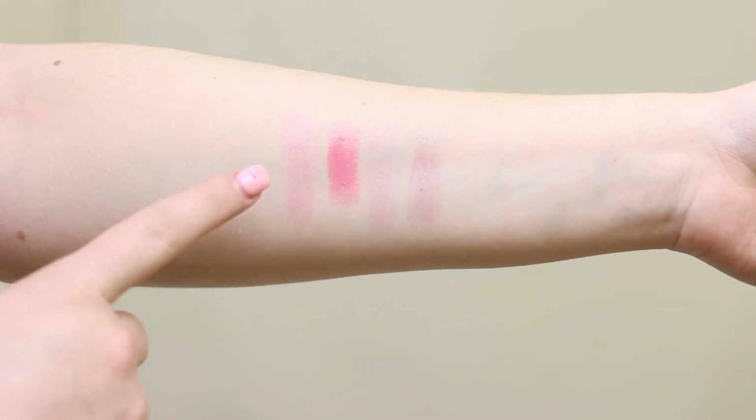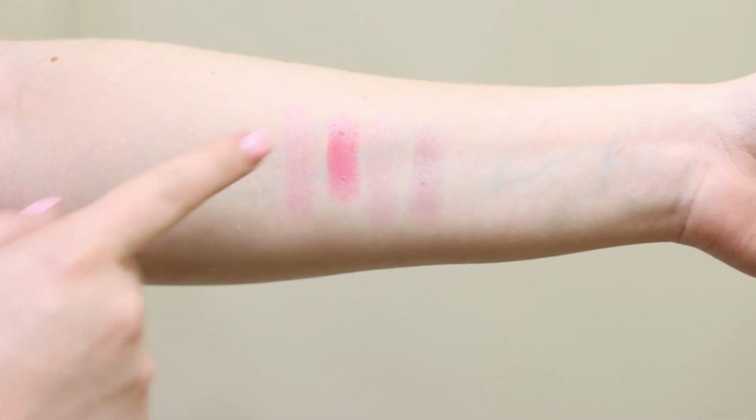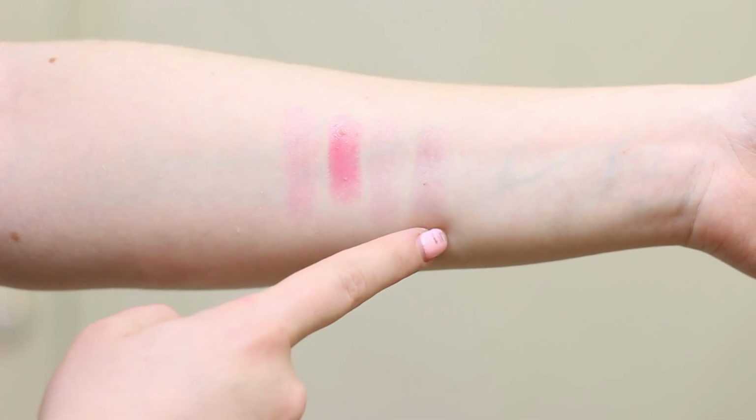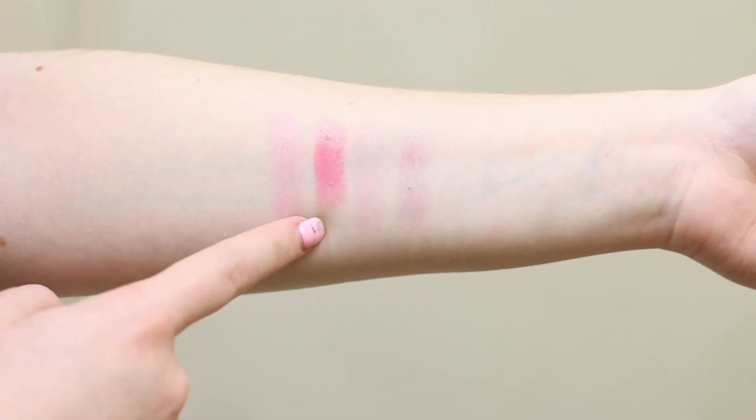So from left to right we have Energy, which seems to be the most pigmented one of the 3, then Euphoria, and finally Mood. And then for comparison in the middle I included the L'Oreal Color Riche Shine in Guava Plum. I thought it would be the most similar looking thing that I had in my collection to compare to them, but it definitely feels a lot more